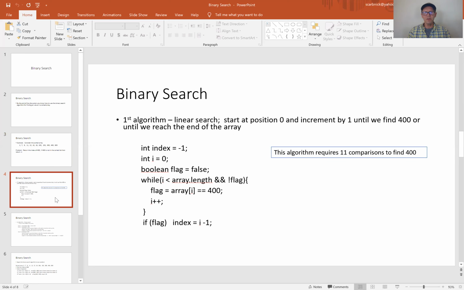Okay, so there's the code I wrote. Start with index is -1, flag is false, and initialize I is 0, and if I is less than the array length and not flag is true, then we just check, then we set flag to be assigned the comparison of array of I, I'm assuming the array is called array, with 400. If that's true, it'll stop us the next time because not true will be false. And if flag is true, when you exit the loop, you just set index to I-1. Okay, so